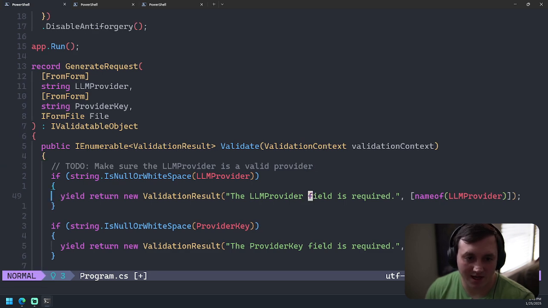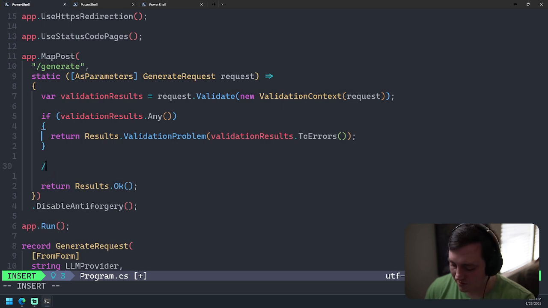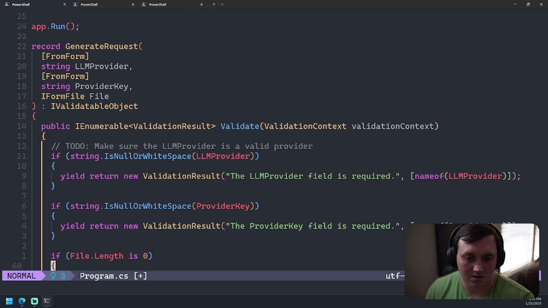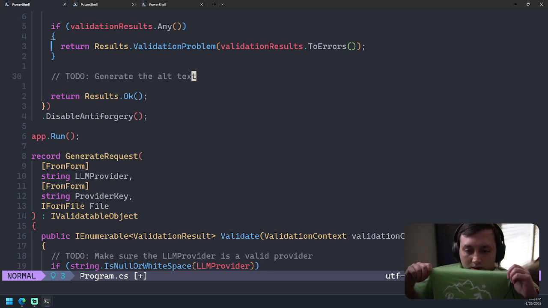Then we actually need to generate the alt text. And that's what we'll do the next time we work on this, or at least we'll start to work on this, because this is going to be a little involved.